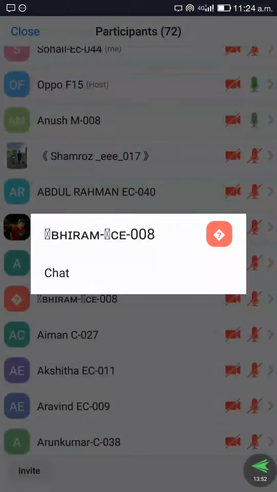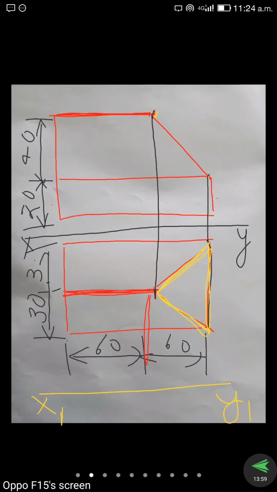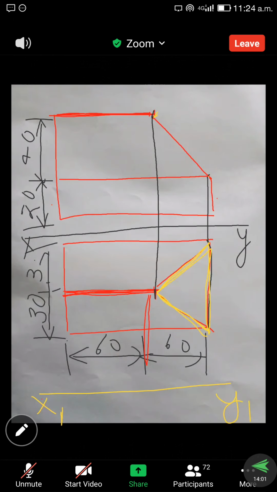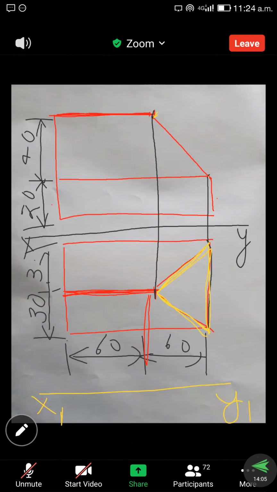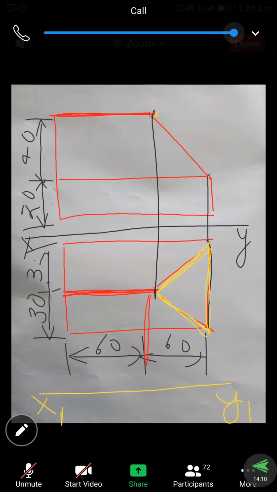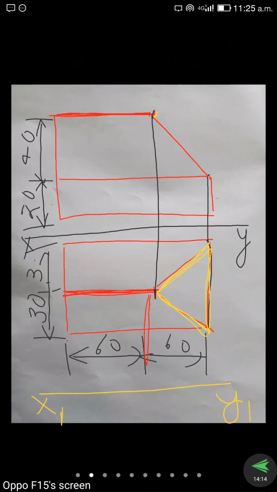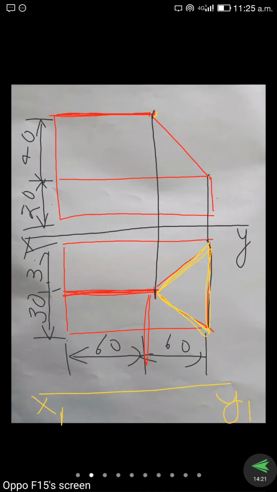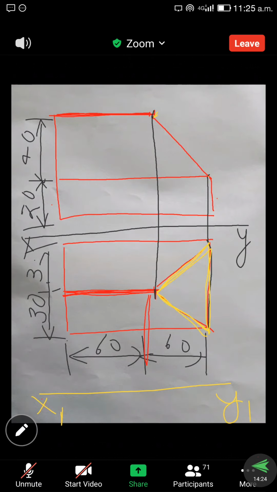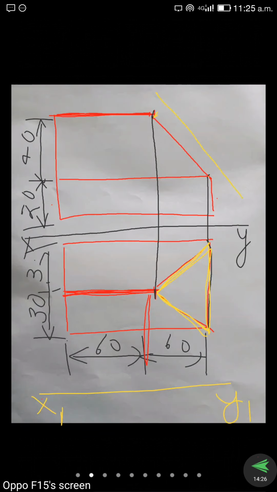Okay. And the next one we take another imaginary plane. That imaginary plane is parallel to the inclined surface or sloping surface. Is it clear? The imaginary plane here is indicating the x2 and y2. That plane is parallel to the inclined surface. See here, I am taking another imaginary plane, parallel to the inclined surface.